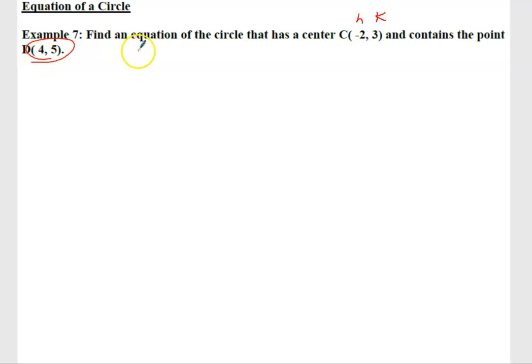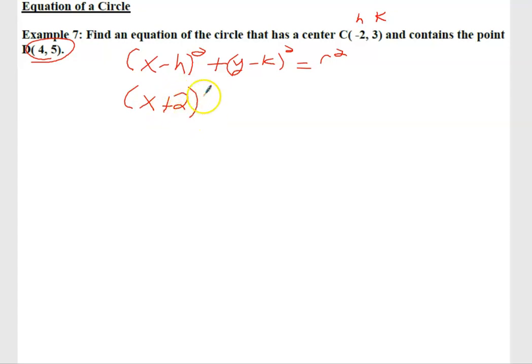So we can start our equation, right? If our general equation is x minus h squared plus y minus k squared equals r squared. So right off the bat, we know what our h and k are. We're going to put positive 2 here, because we're going to plug in negative 2 and a negative makes a positive, plus y minus 3 squared equals, and now we're going to have to figure out what our